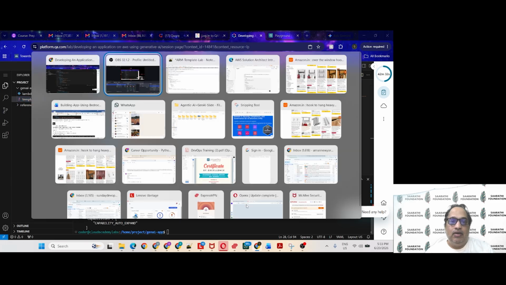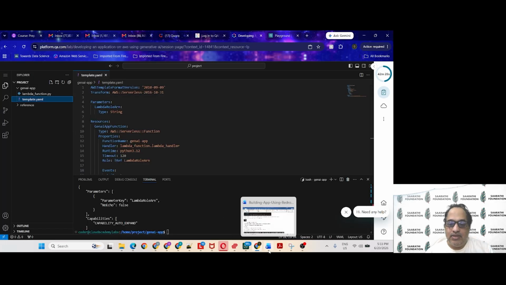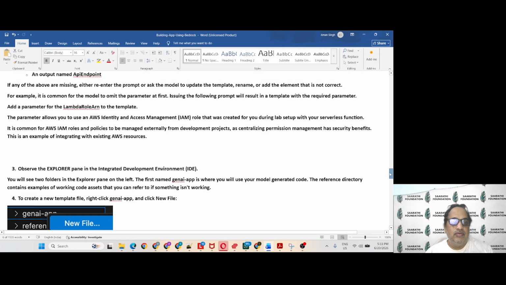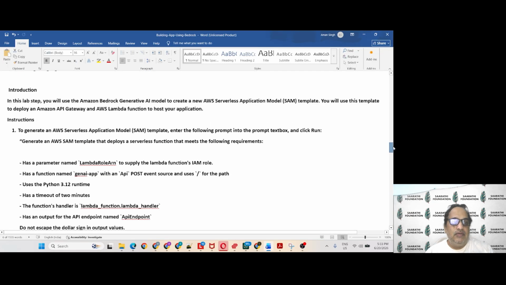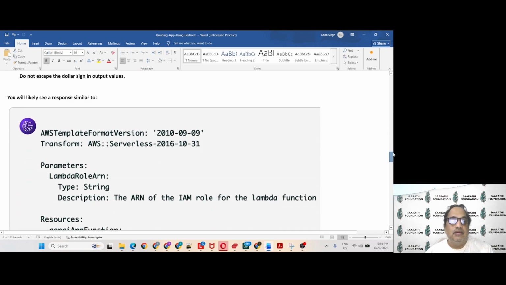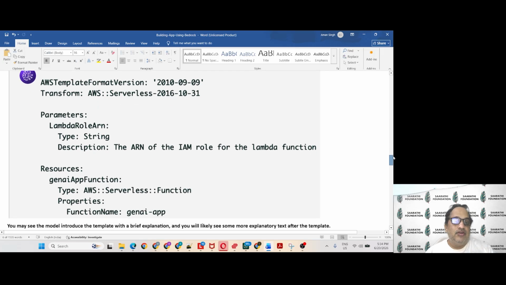Where is that prompt? The prompt is here. So this is the prompt that we entered: generate a SAM template that deploys a serverless function that meets the following requirements. After that, our buddy the Nova Lite LLM generated this